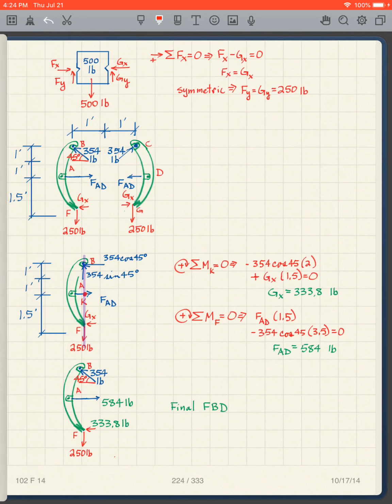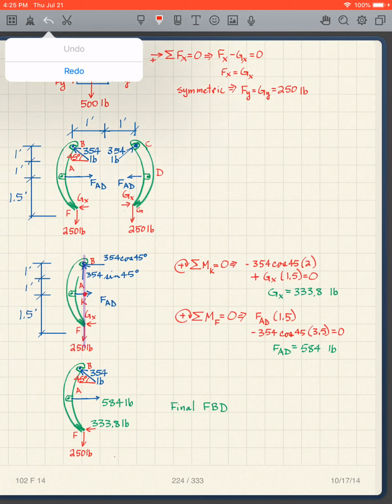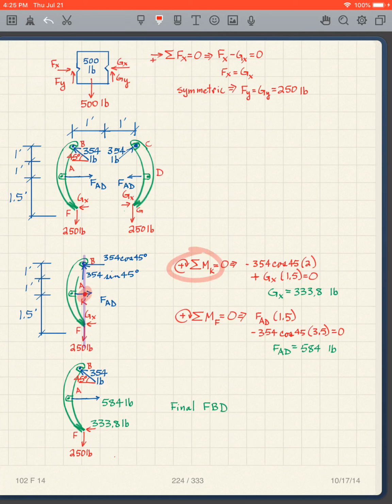But okay, so I have this free body diagram. I'm interested in that side, and you can just note the way things line up here. Point B and point F are along a vertical line, and so I can take a point along that vertical line, K, and take the sum of the moments about K,